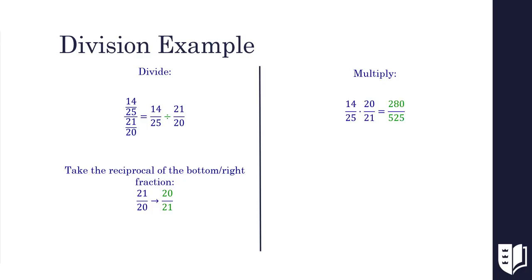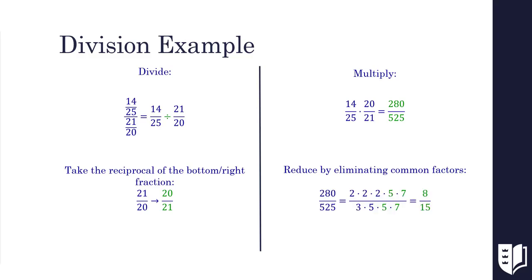In this example, we are multiplying 14 over 25 with 20 over 21, which results in 280 over 525, because 14 times 20 is 280, and 25 times 21 is 525. The next step here is to reduce this fraction to its lowest term. This can be done by eliminating its common factors, by factoring the numerator and denominator and eliminating those factors that